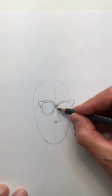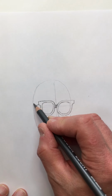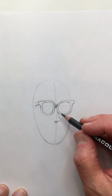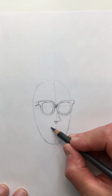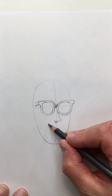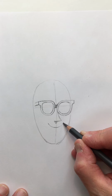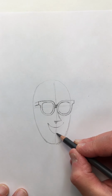It's not perfect, but still, it's better. Now, let's just continue this line over just over there because it kind of fades into his hair, but we'll do that in just a bit. Now let's figure out where his mouth is going to be. And Mr. Magee's a happy guy, so we're going to make him with a big smile on his face. And a smile is just simply a curved line that goes like this. And then we're going to have his mouth open, so he's smiling showing his teeth, and it curves around